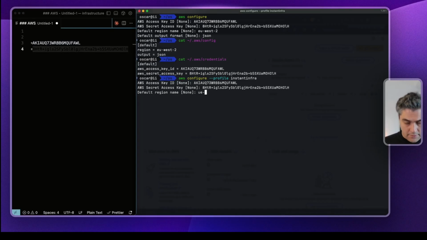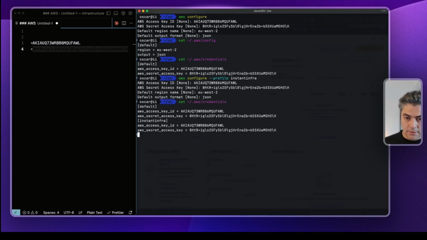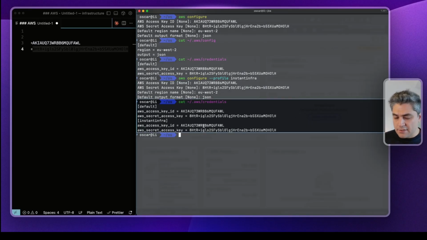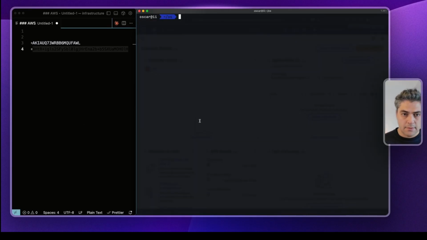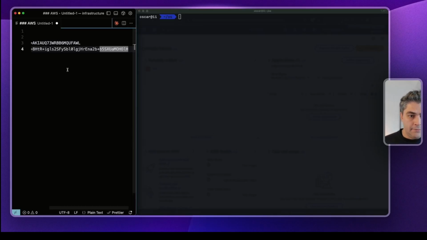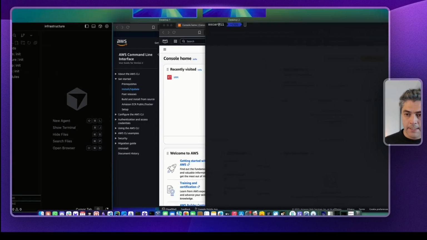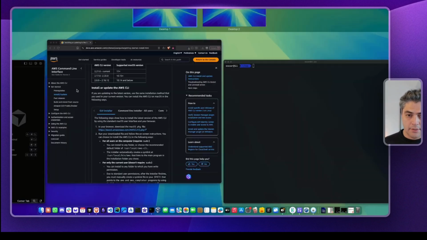The default EU, to JSON. See, yeah, now I have a different profile. Obviously we're using the same credentials, so that's okay. And now finally, now that I have that enabled, let's go back to our